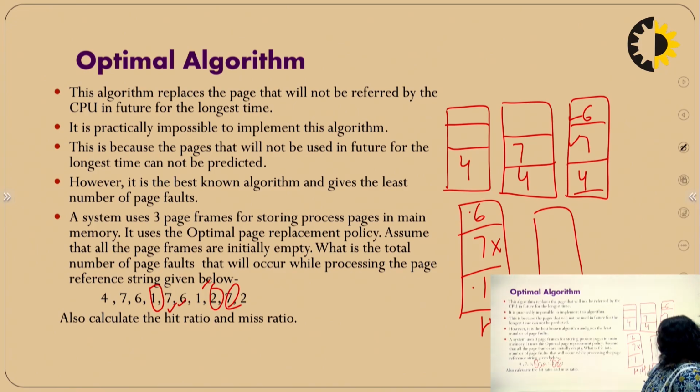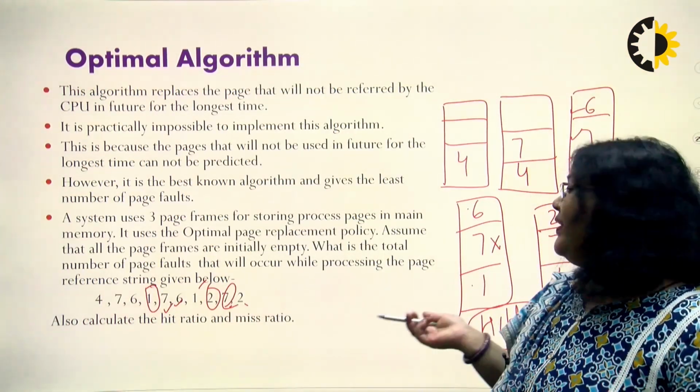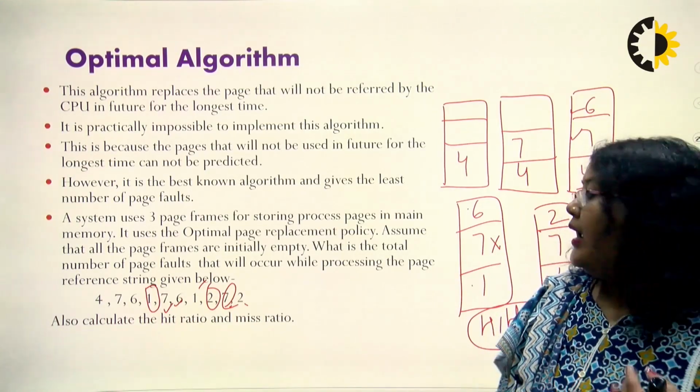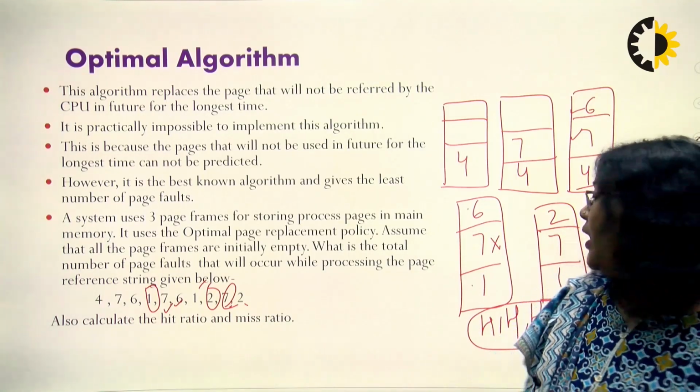So what we do? In the current scenario, 1 and 6. Which one is the new element? 1 is the new element, 6 is the old element. So we have to replace 6. So now it is 1, 7, 2. Right? Then 7 and 2 are both future elements, so there are 2 hits again. So this is a bumper, that we have 5 hits rather than 2 or 3 or 4 hits. In FIFO and LRU there are only 4 hits, but in the optimal we have 5 hits.